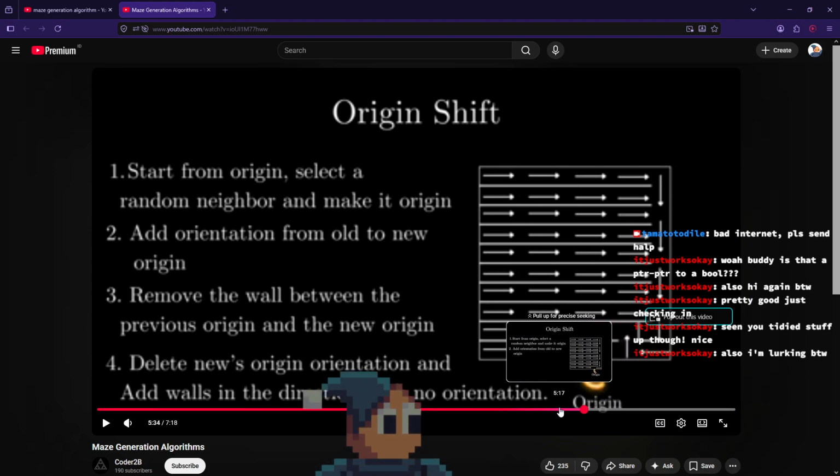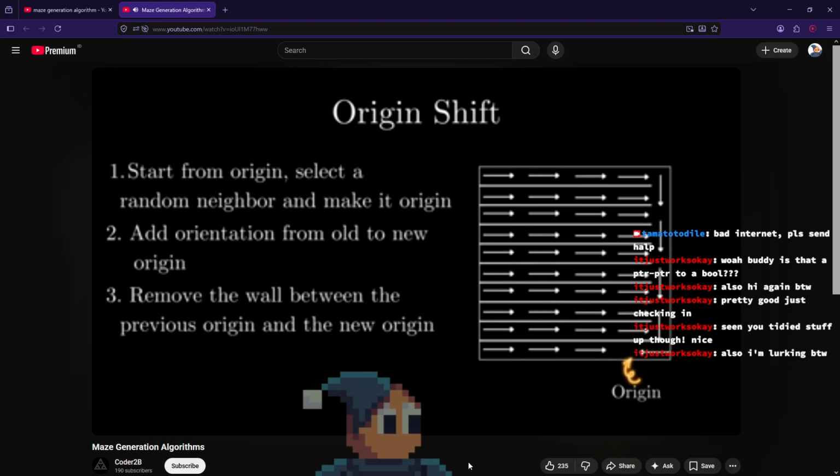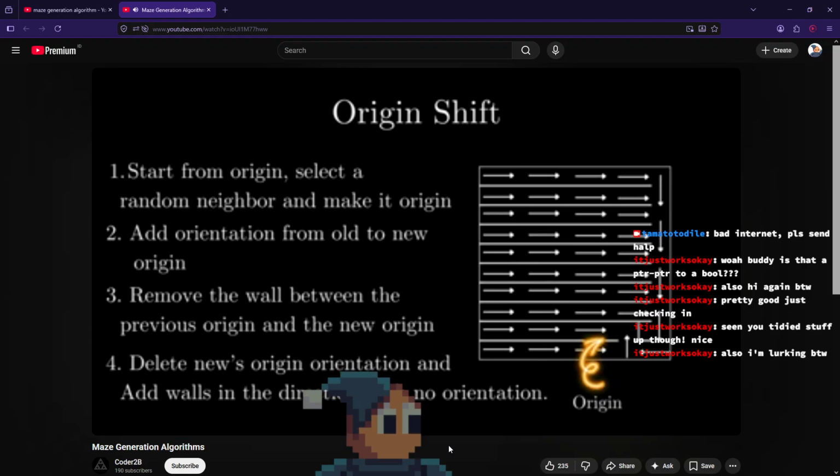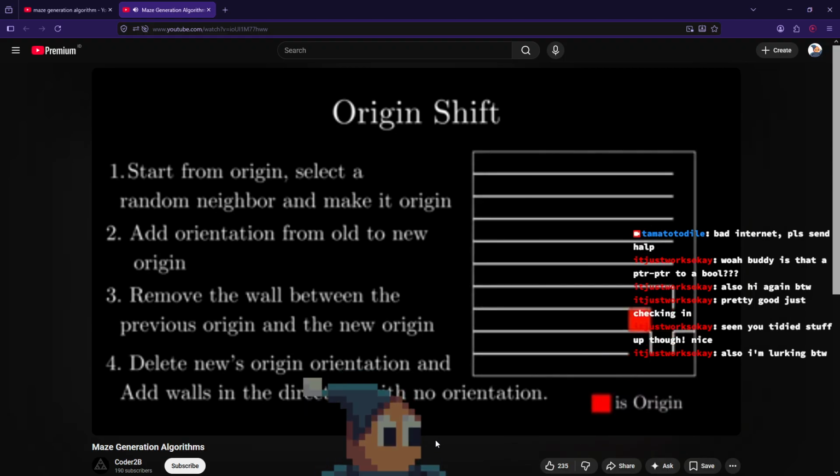Or direction from the previous origin to the new origin. Two, remove the wall between the previous origin and the new origin if it exists. Next, we update the new origin by deleting its previous orientation and adding a wall in the direction where there is no orientation. By repeating this process, we continuously shift the origin, creating a dynamic and ever-changing maze.